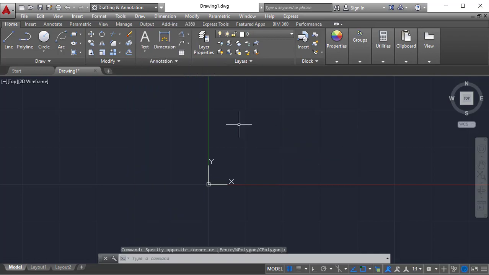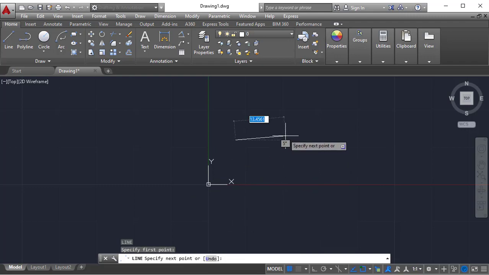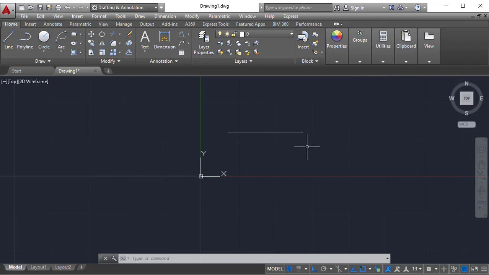You already know the line command shortcut is L, enter. When you start with the line command, it always asks to specify the first point. Why? Because for a line we need 2 points. After specifying one point, it asks for the next point. I already told you how to specify a line in a separate line command tutorial, you can watch that. I am using a dynamic command. I can switch on F8, show the direction and specify the value. I just created a line using 2 points with a length of 20 mm.